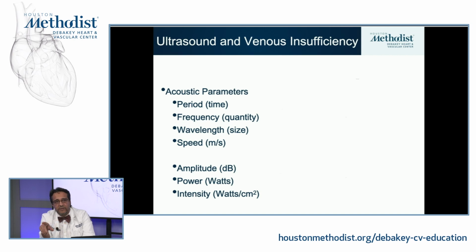So that's going to be meters per second. Now, the other three are amplitude, which is measured in decibels, power in watts, and the intensity, which is a combination, watts per square centimeter. Now, from these acoustic parameters, and we'll see the use of this in a minute, in a very simple way, I hope,